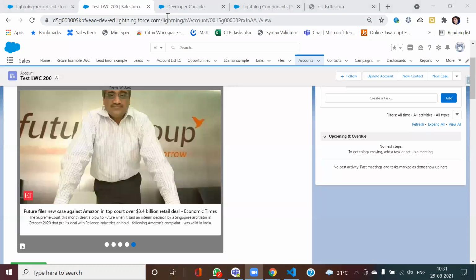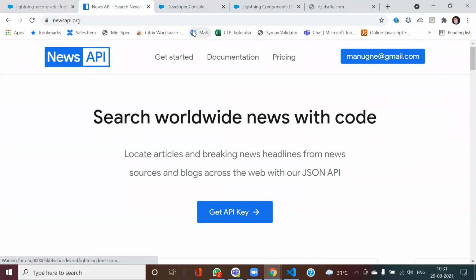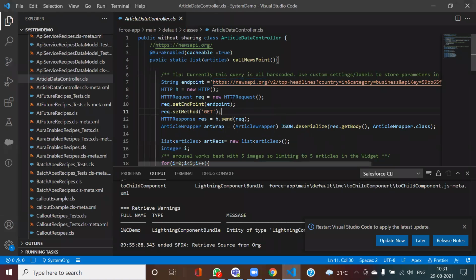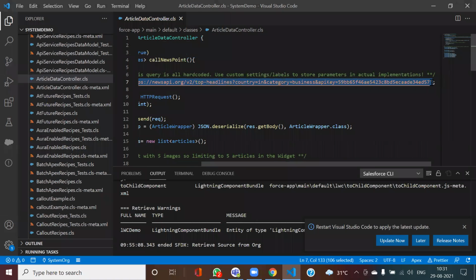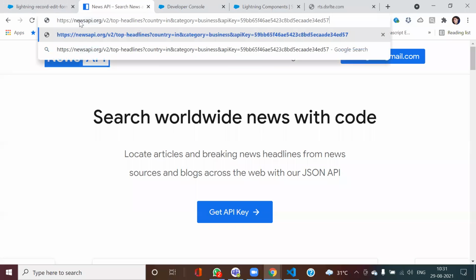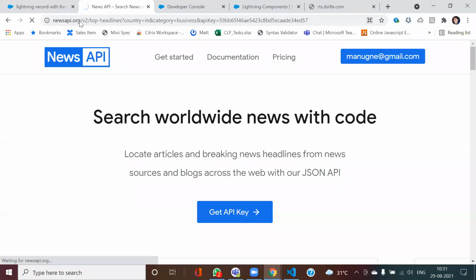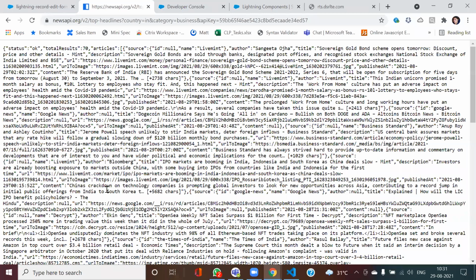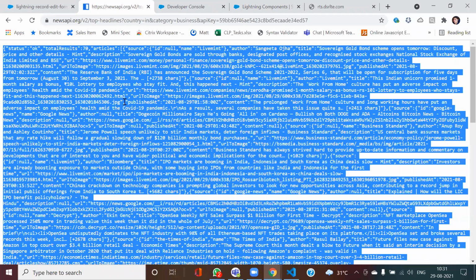You can create your account also and get your API key. I already have this API key. Now let me show you this JSON structure here. So this is my full JSON.